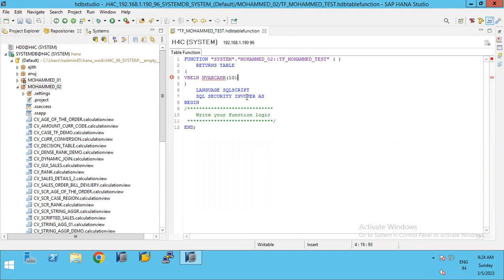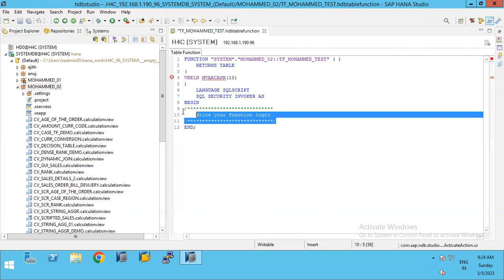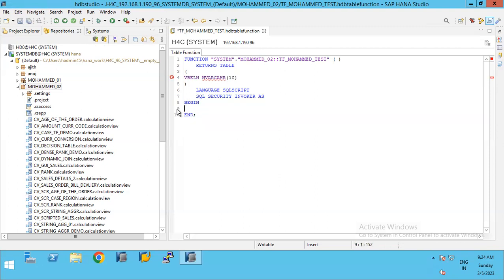SQL security is also there, so this table function has some security. The security is that whoever invokes it should have access to this particular table function or particular schema package. All right. So between begin and end, it is asking us to write the logic of our table function. So let me remove this and write the logic for how to fill the data in Vbeln. So I'm writing select Vbeln from